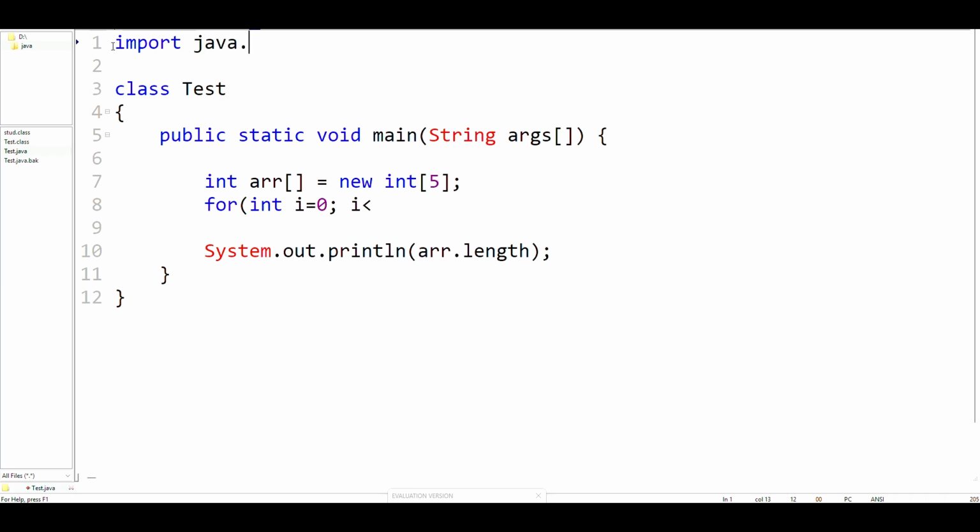So import java.util.*. I'm importing all the functions. I'm creating an object for the Scanner class. The object name is sc equal to new Scanner, and inside it I have to give System.in. So I created the object for the Scanner class, and by using this object I can get the elements and